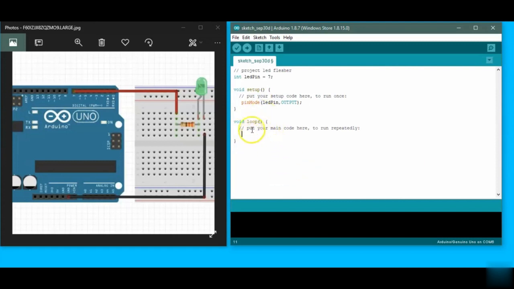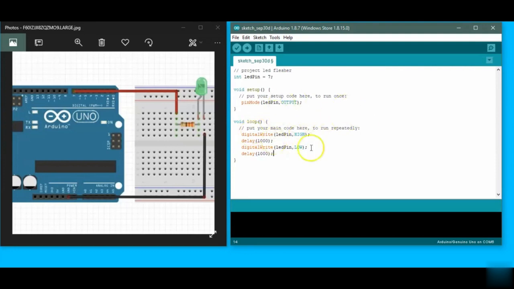In this, if we provide different statements, let me write the code first. So it's a complete code.